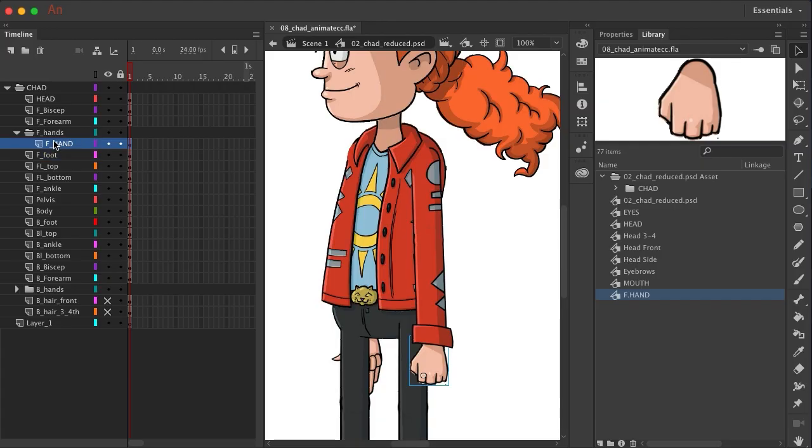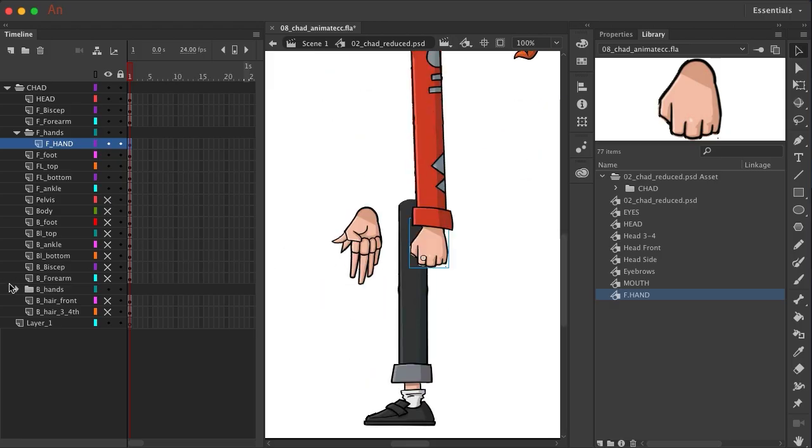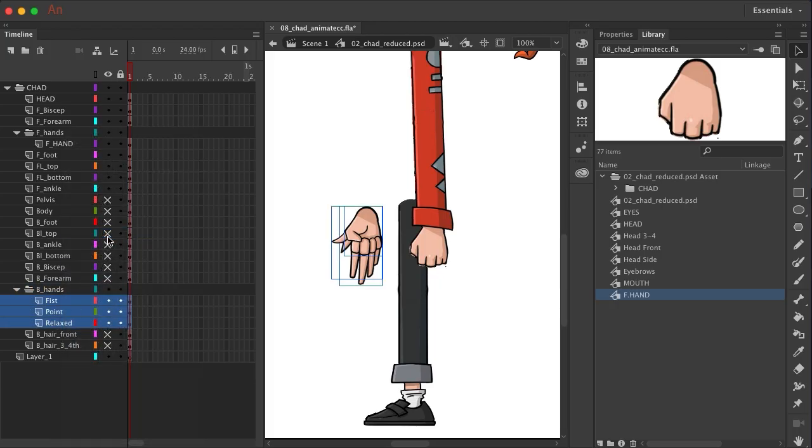Next, we're going to jump over to the back hand and just repeat the same process. So we can remove some of these assets or hide them so we can see what we're doing. And let's also hide the pelvis and the body. And coming down here, we're just going to select all of the backhand layers and copy them. We can make then a new layer, name it b.hand,